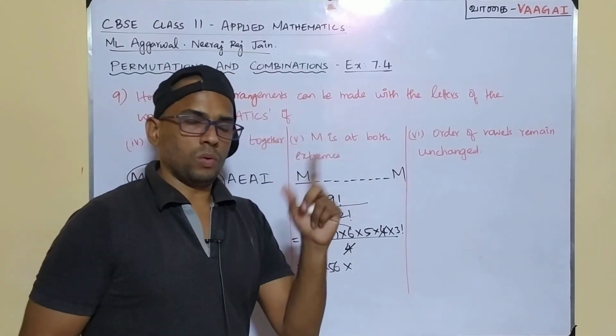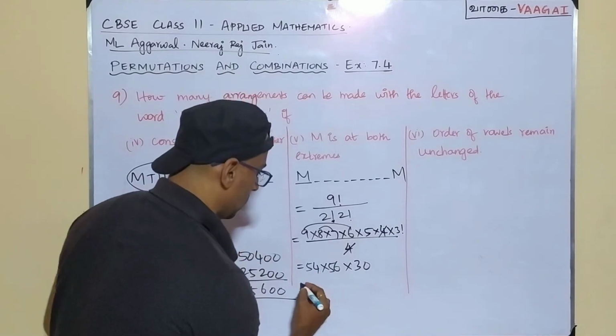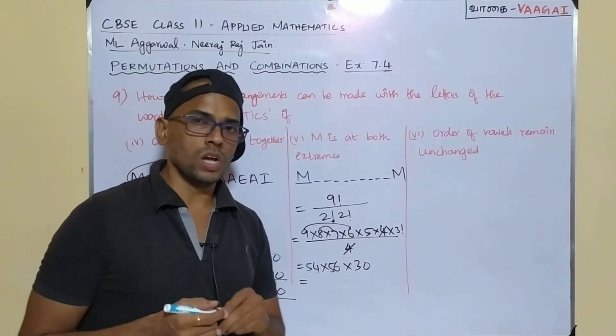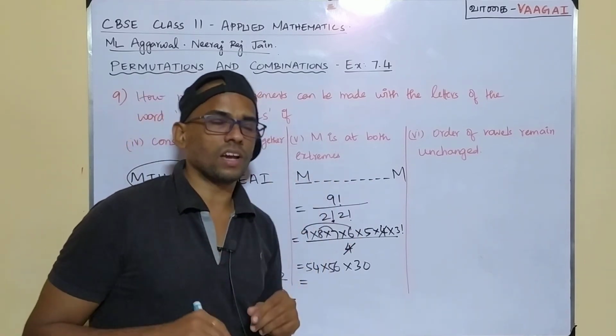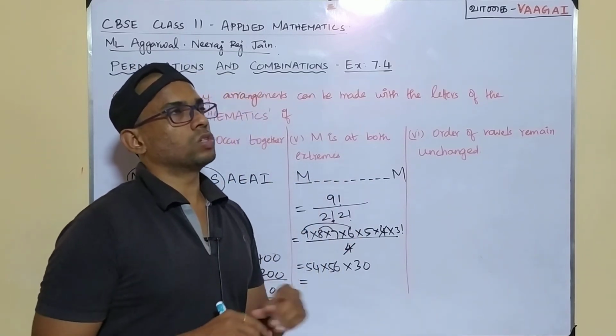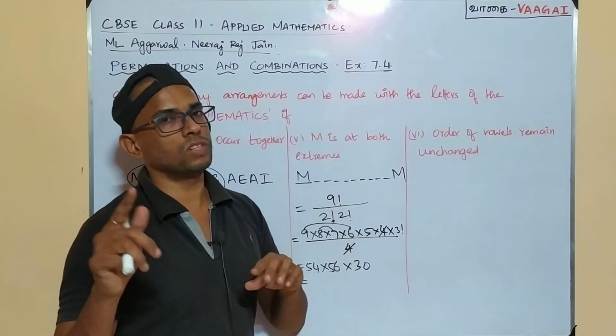5 into 3 factorial will be how much? 5 into 6, that is 30. That's it, simple. So our answer will be 54 into 56 into 30. So what about 54 into 56? We'll use our classic technique: 55 minus 1, 55 plus 1. So this will be 55 square minus 1 square, which will be 3025 minus 1,